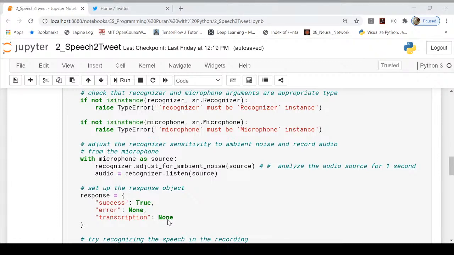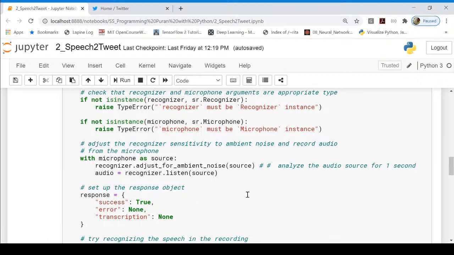This is a part of the code which is already available, and then we have with microphone as source. We are using the adjust for ambient noise function which adjusts for noise and then takes the audio with recognition dot listen source. Here itself when you say any word, it is not only the word, even a sentence is captured here